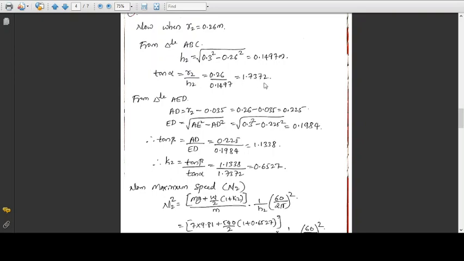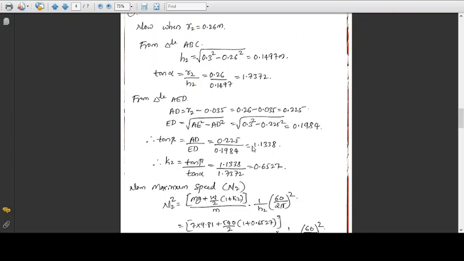Now from the triangle AED, AD will be R2 minus that offset. In the first case, when you were considering R1, it was R1 minus that offset. Here it is R2 minus that offset. After the substitution, you will get the value of AD as 0.225. Similarly, by applying the Pythagoras theorem to triangle AED, you will get the value of ED as 0.1984. Based on these values, you can calculate tan beta, which is given by AD by ED. After substitution, you will get the tan beta value as